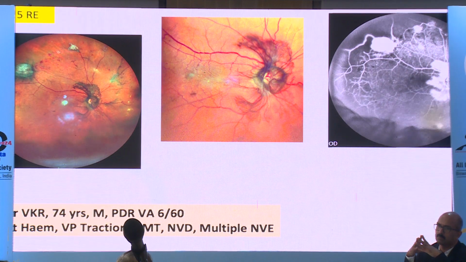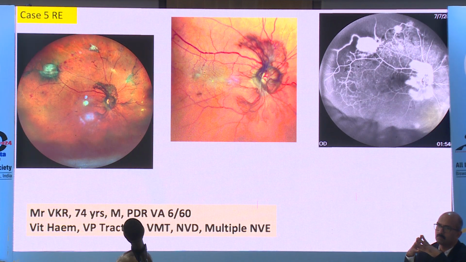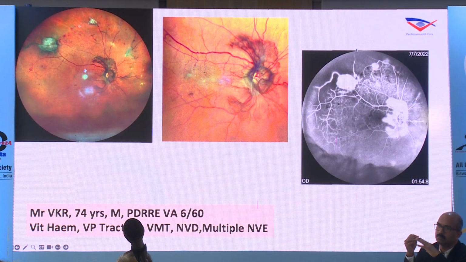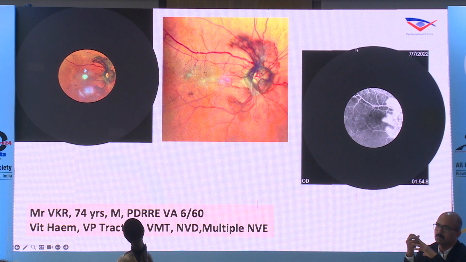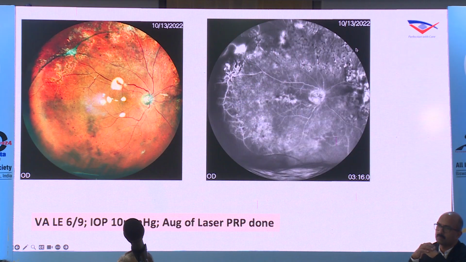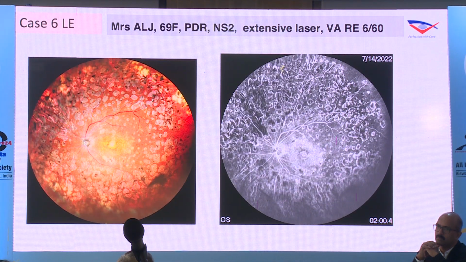Then we treated the same patient in the right eye. He had similar pathology. You can see a large area of NVE in the periphery. We went ahead and operated. We lasered these areas. This is just to again show you what we would have missed if we had done a normal standard imaging. And this is how it looks. This is another case